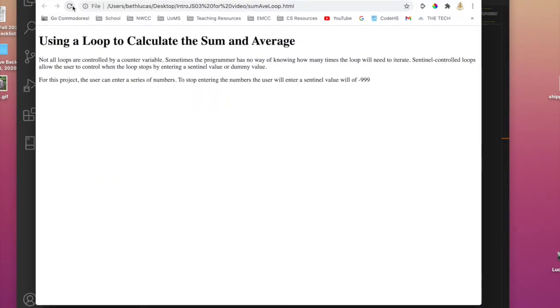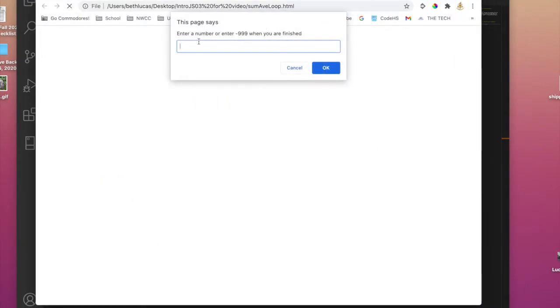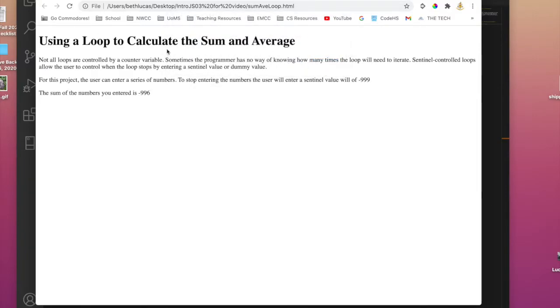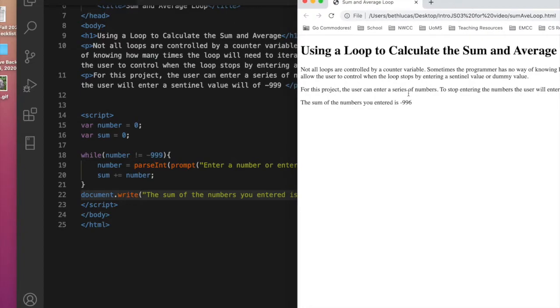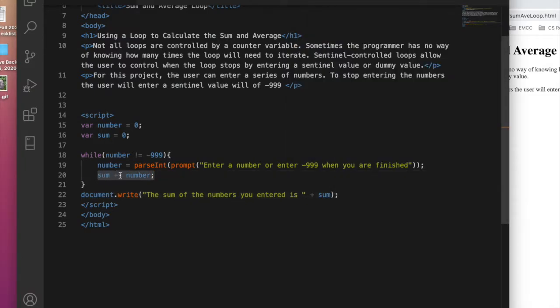Okay, now if we test this, this is not going to work exactly how we anticipate. If I enter 1 and 2, those are the two numbers that I want to add. I don't want to add my sentinel value, but I have to input that sentinel value in order for my loop to stop. So when I enter -999, the loop stops, but it also calculated -999 into my sum total. Okay? The way that I could fix this is just by moving this equation